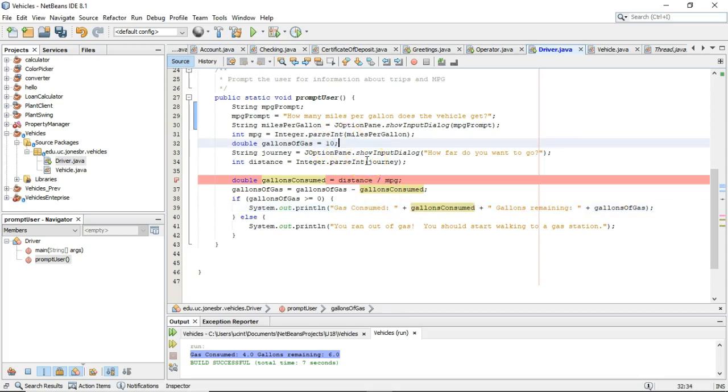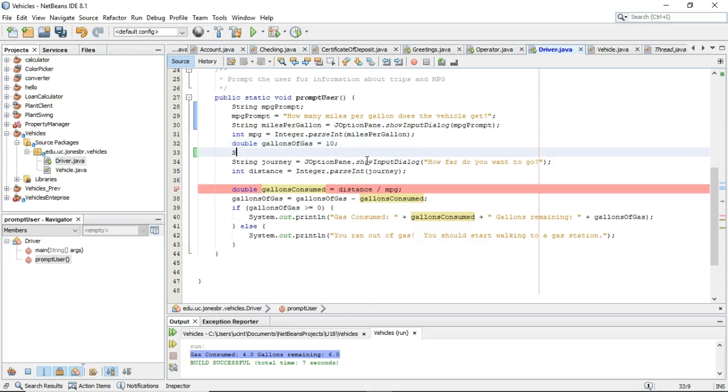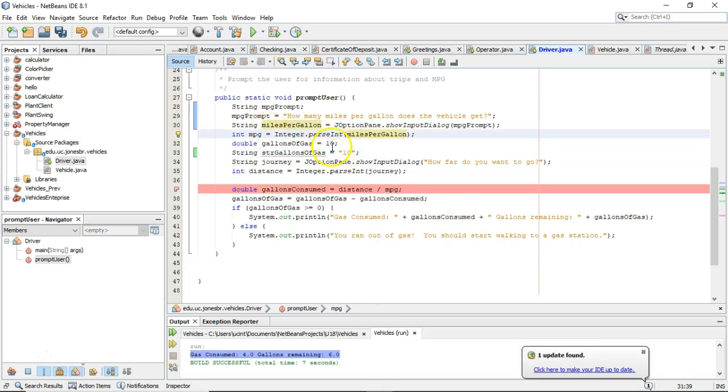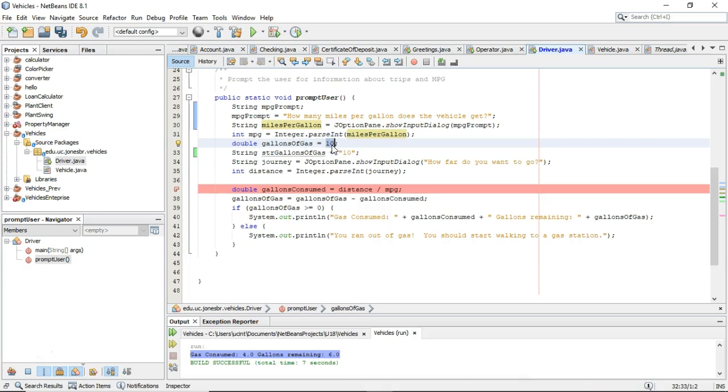Take a look at double gallonsOfGas right here. Do you see double gallonsOfGas equals 10? That's very different from saying String strGallonsOfGas equals double quote 10, close double quote. First of all, this is a raw number type. It's going to take up a lot less space. If you remember my binary calculator that we looked at earlier, we saw that 1 byte could store up to 256 unique values